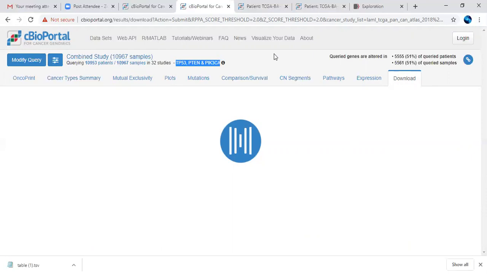So till this much, whatever I have explained, I have given the demo. If somebody has any questions, they can ask me, including about the GDC portal and the cBioPortal both.